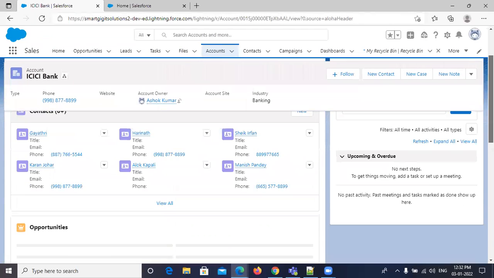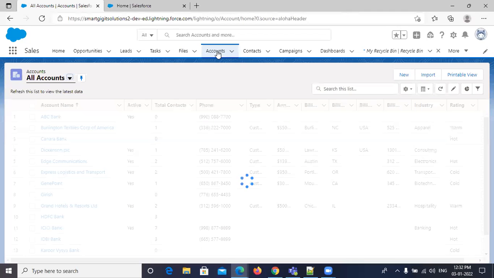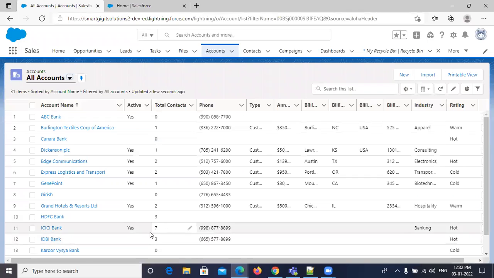Remember, ICICI Bank 7 records and HDFC Bank 3 records.